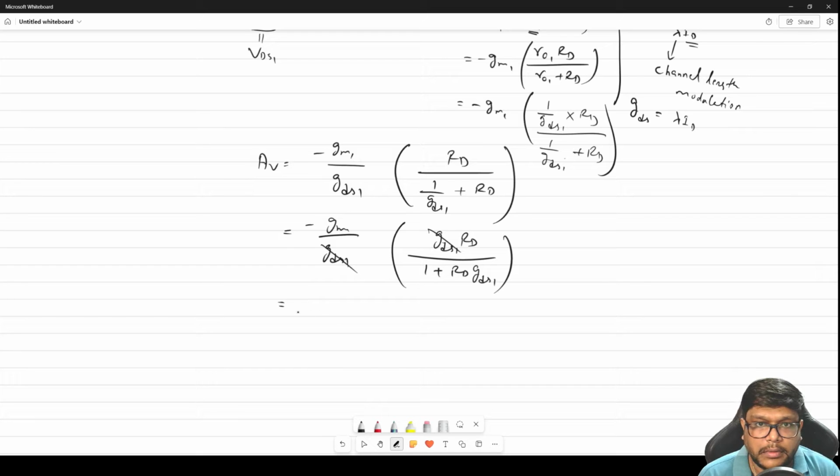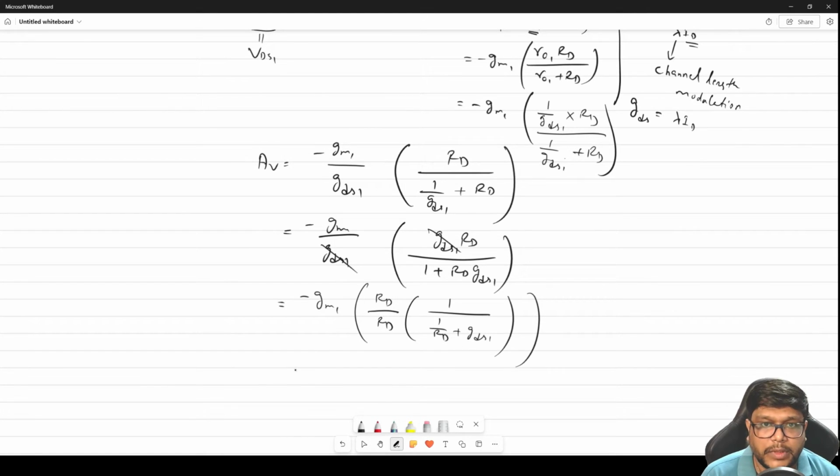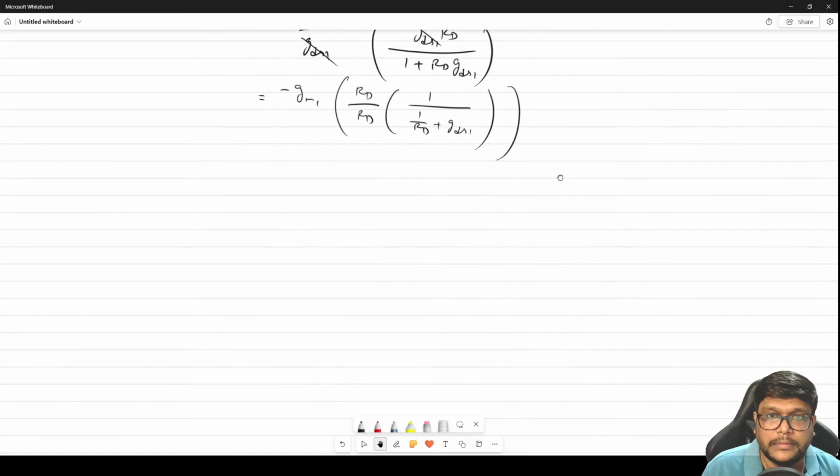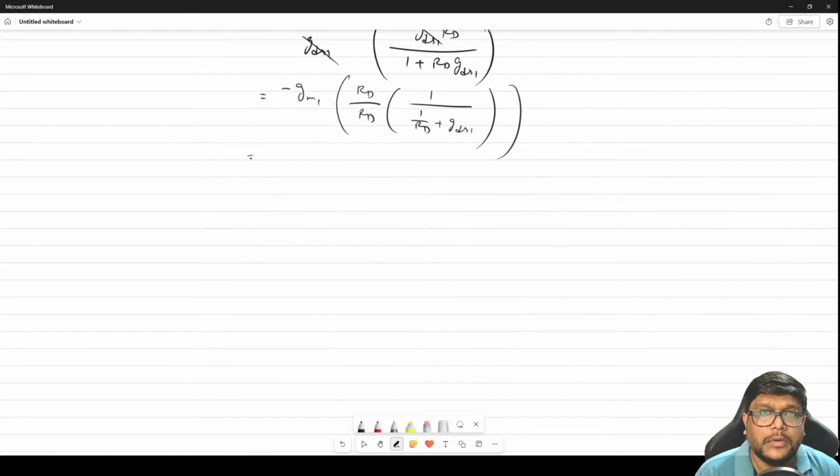and we have minus GM1. So now if I take RT common from both sides, so RT divided by RT, so 1 by RT plus GDS1. Okay, so here we can see we have the value that is minus GM1, RD cancelled, divided by GDS1 plus 1 by RT. Okay,